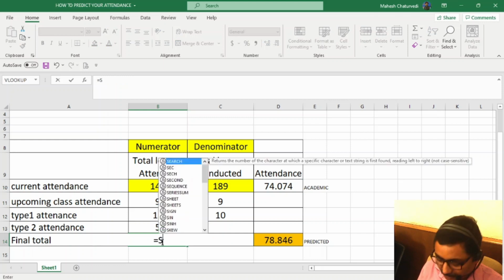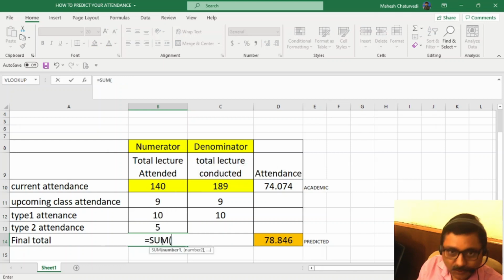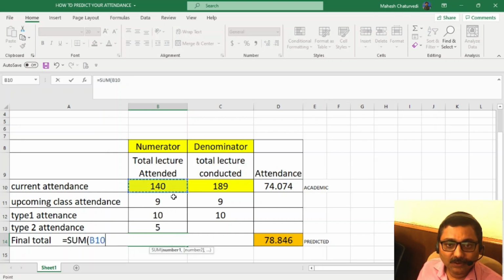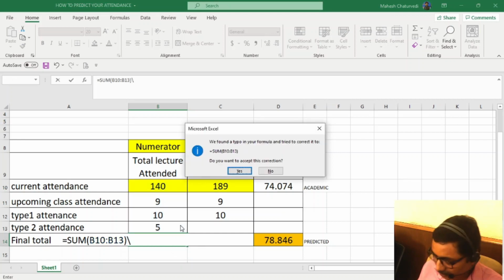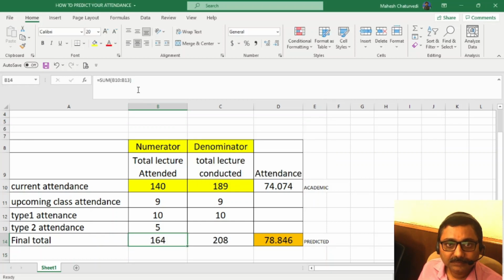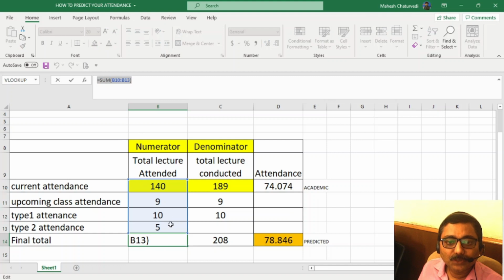Press equal, write down sum, opening bracket, then select all 4 columns: current class, upcoming class, type 1, type 2 all, and then put the closing bracket and enter. So this becomes your formula for this.